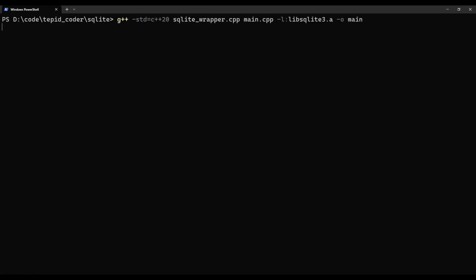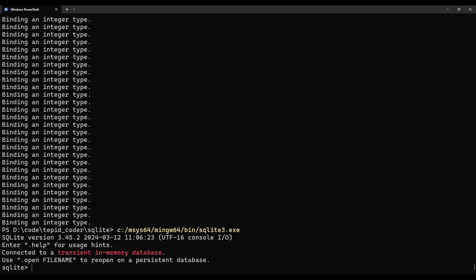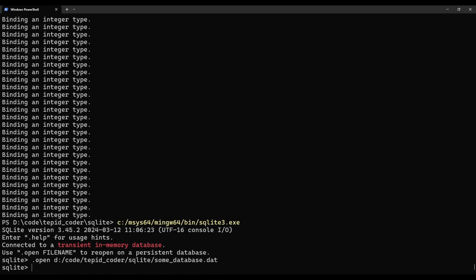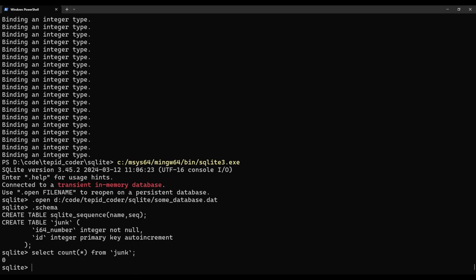So if I run this, let's compile first. Main. Okay. Alright, and if I go into my database here, open it, I want to show my schema. I'll just type it, I guess. Alright, and I can select count star from the junk table. You can see it exists. There's 0 records because I rolled it back. Now let's try it